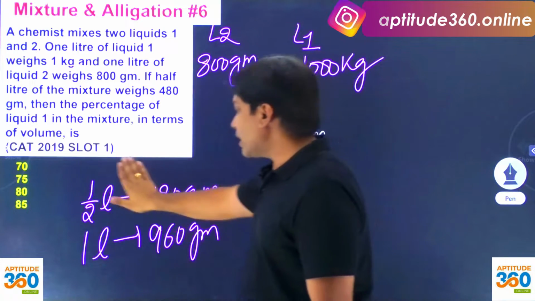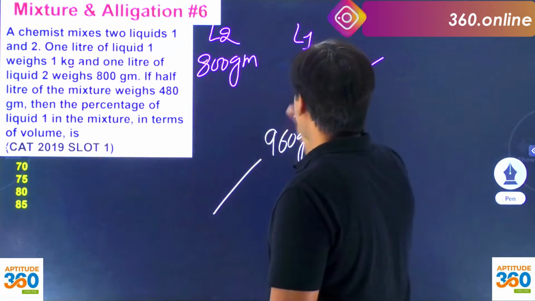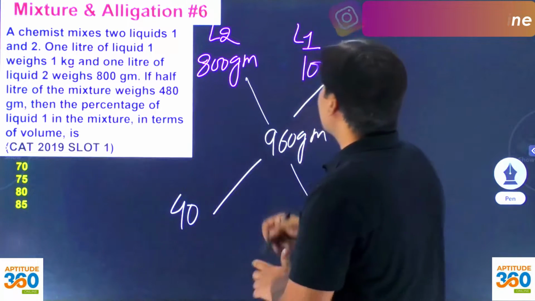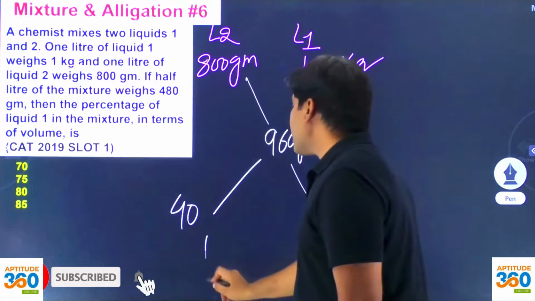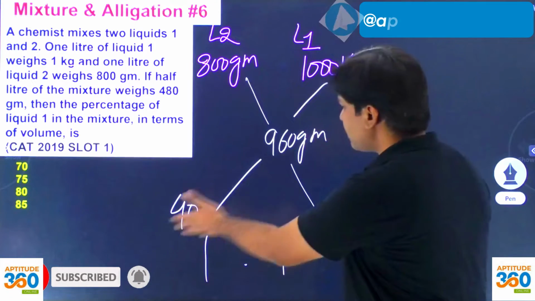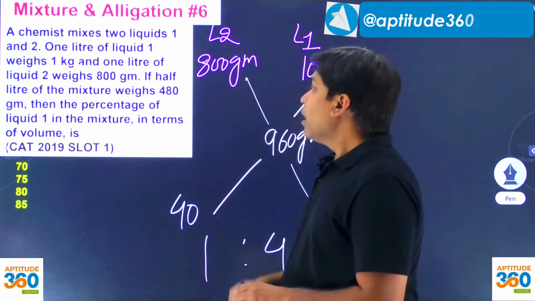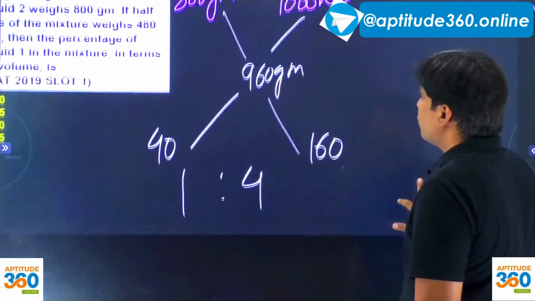काम simplified हुआ ना भाई. देखो ये प्रॉब्लम अगर आपने देखा तो ये आपसे बनना चाहिए. So this minus this comes out as 40, and then 960 minus 800 is coming out as 160. In what ratio we are going to be mixing them? 1:4. Simplify कर लो. It is coming out as 1:4. Now 1:4 का मतलब क्या हो गया, यहां पे 1:4 का मतलब हुआ